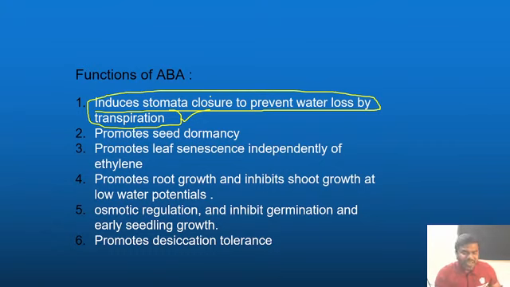In the next slide, I will explain to you how exactly abscisic acid is involved in the opening and closure of the stomata. Don't worry about that, but just listen. Abscisic acid plays a key role in stomatal closure. Next point,